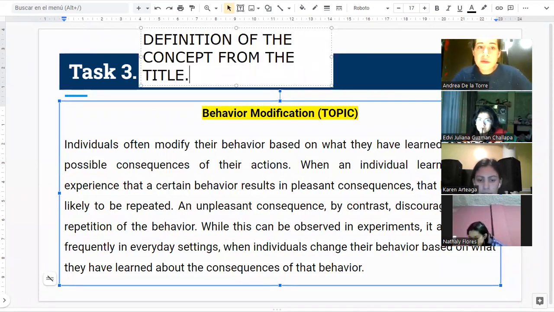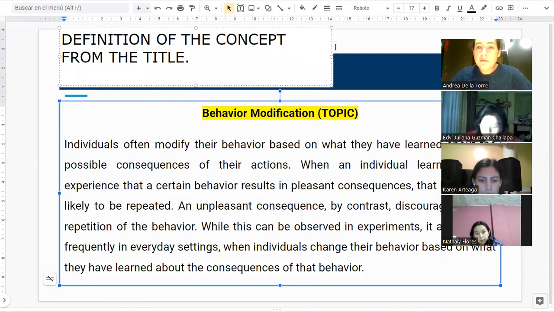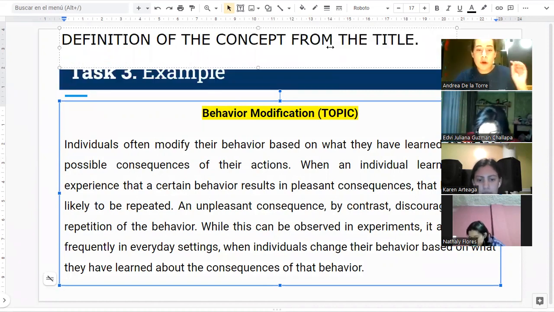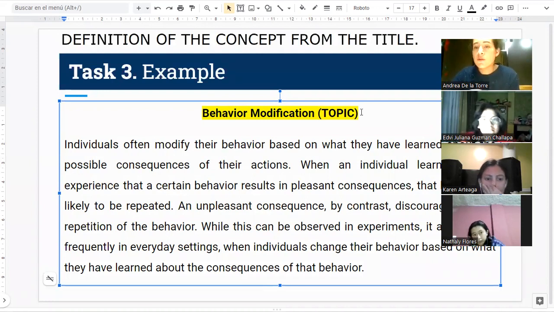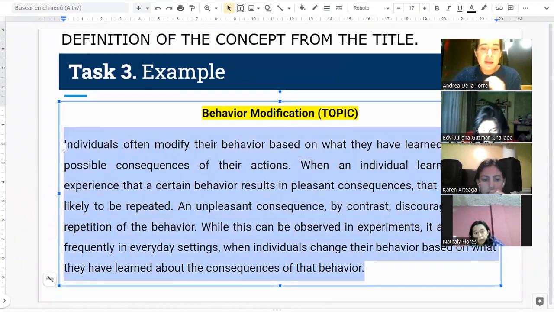Okay? So in this text, you have to summarize it, you have to come down to one definition. You have to look for that definition of behavior modification, and I guarantee that it will always be there in one or two lines, okay? It won't be longer than that. I know that you see a somehow long text, but the definition is only in one sentence, probably.